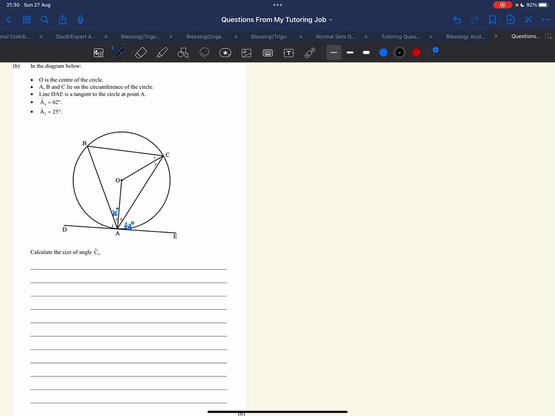In this question, I think I can already see two ways in which I can do it. Probably you may prefer the other one, but I'm just going to do the one that I think is going to be quicker and much easier. Now, remember, we are told that angle A2 is 25 degrees. Now to find angle A1, I'm going to say that